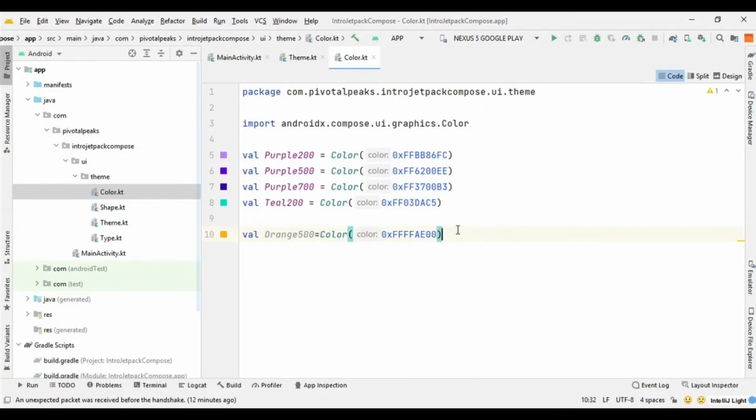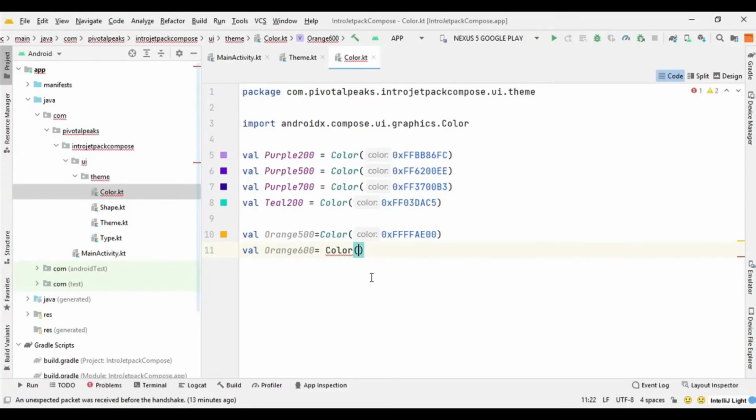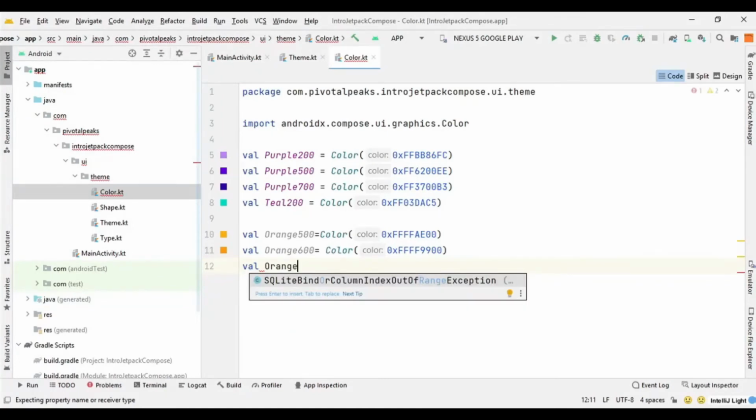So let's create the other variant of orange. So orange, I will say orange 600, and then we are going to do the same thing with color. And here I am going to pick this one, and let's do the same thing again to convert into ARGB. So 0 x ff, let's create another darker orange value for our status bar, so we can use it in our status bar.